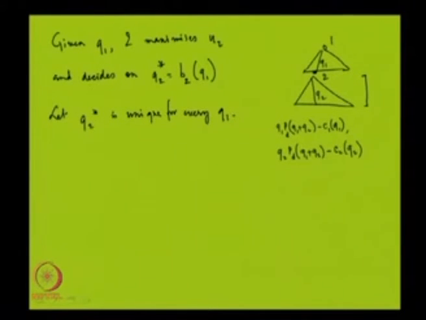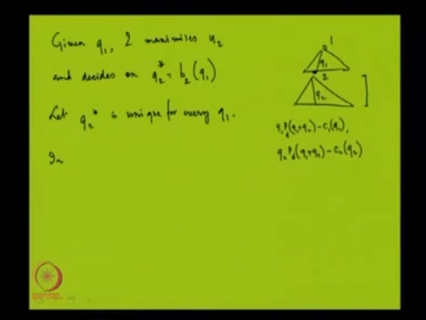Now, this is the optimal strategy of player 2 for every possible subgame. Remember, there are an infinite number of subgames. For each value of q1 there is a different subgame. Now, given this optimal action of player 2 in each of these subgames, player 1 has to decide what q1 he is going to produce, which maximizes his profit.